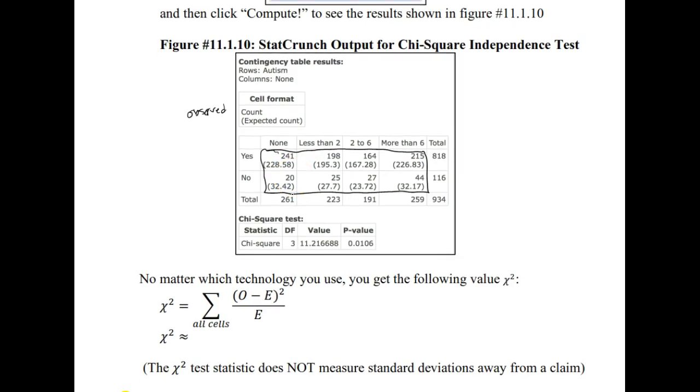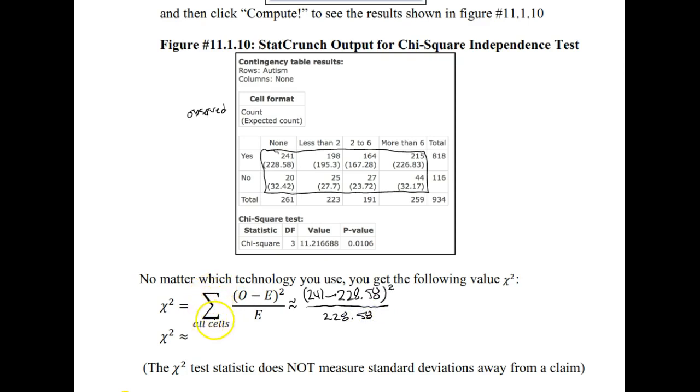So again, no matter what technology we use, we're going to get the same value of chi-square in the end. And we are going to set just one of these up so that we understand what this is actually measuring. So this chi-square value, to try to measure the gaps, is going to take each cell and take its observed value, like 241, minus what we expected in that cell. And then some of those differences are going to be positive and some negative, so we're going to square each of them. And in some cells we expect more than in others, so again, we're going to scale each of these accordingly by dividing by what we expected in that cell.